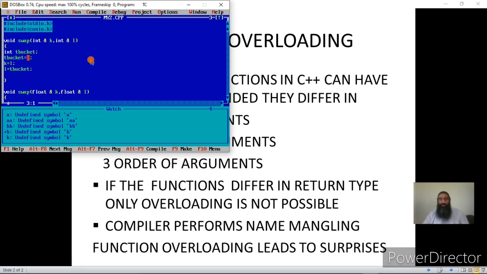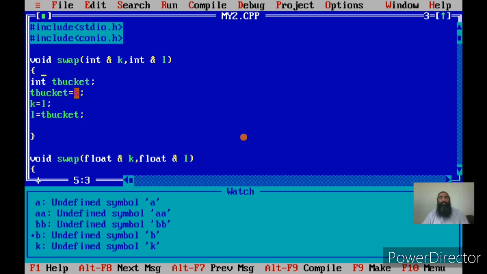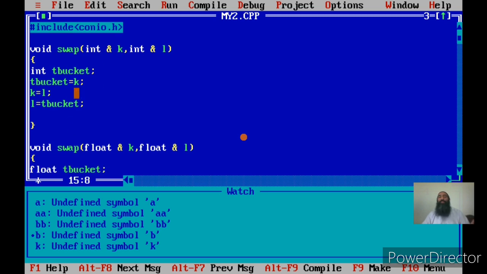What is the name of the function? Swap. It creates a name like this: swap int. The full name of the function will become swap int, because all the functions differ in the order or number of the arguments. So it creates a new name from the name of the function and the data types of the arguments, and this name will be used internally by the compiler to resolve the calls.